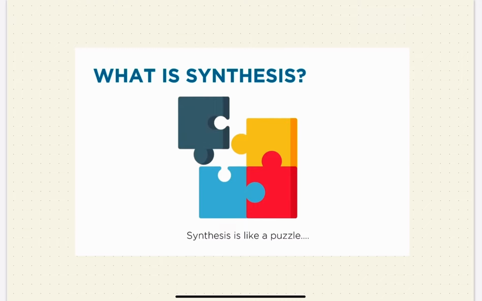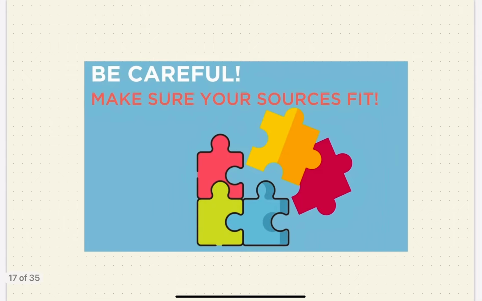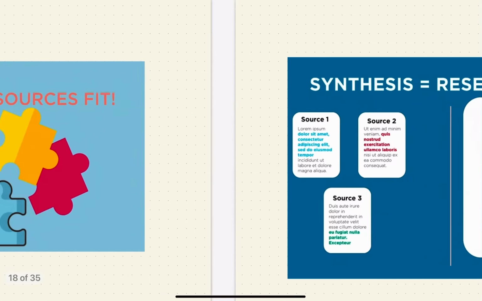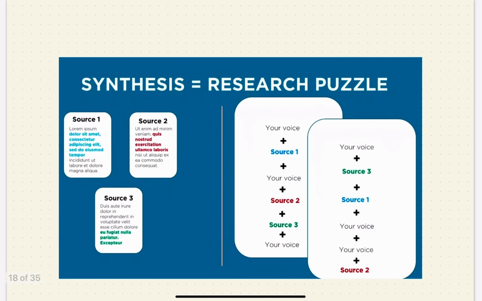One way to think of synthesis is kind of like a puzzle. It requires you to put together different pieces of information from multiple different sources in order to help form a more clear picture. We want to be careful, though, because our audience will be able to tell if we try and force pieces into a spot that doesn't fit. So think about a session that you may have sat through that felt jagged, with maybe information feeling out of place. That's what's happening in these situations.